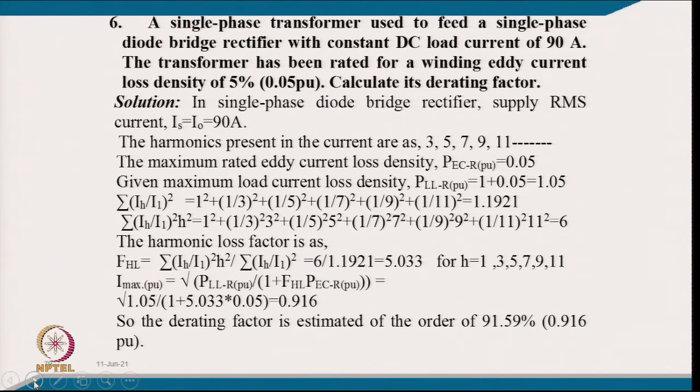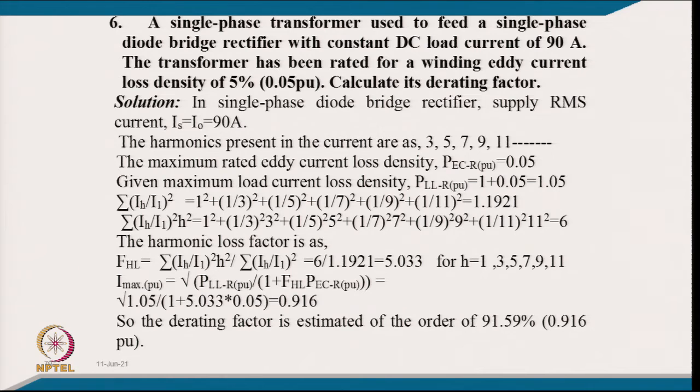Similarly, we can find out along with the harmonic order square. So, if we put the value, that comes around 6, and we can find out the harmonic loss factor from the relation of IH upon I1 square into H square. So, if we divide by the summation of IH upon I1 square for all harmonics, 6 by this, it comes like 5.033 for all the harmonics 1, 3, 5, 7, 9, and I max per unit,